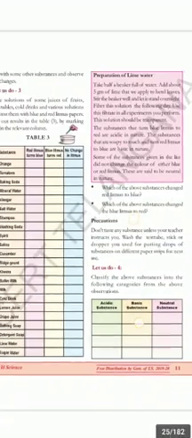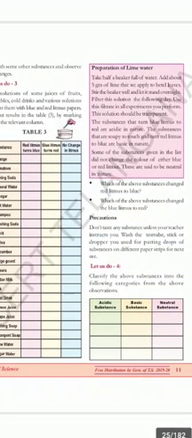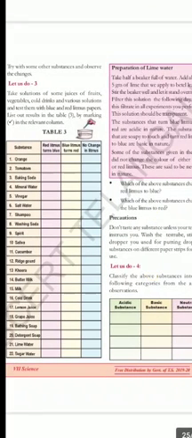Let us do: classify the above substances into the following categories from the above observation. See children, look at table 3. They gave different types of almost 22 substances: orange, tomatoes, baking soda, mineral water, vinegar, salt water, shampoo, washing soda, spirit, saliva, cucumber, ridge gourd, curd, buttermilk, milk, cold drink, lemon juice, grape juice, bathing soap, detergent soap, lime water, sugar water.